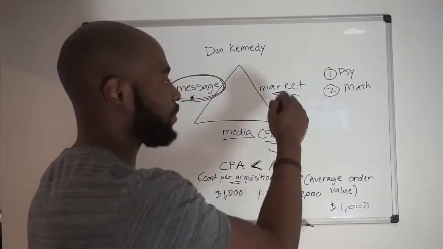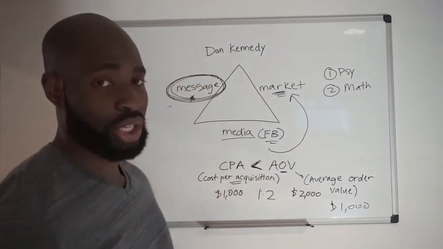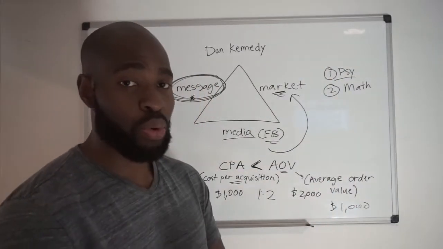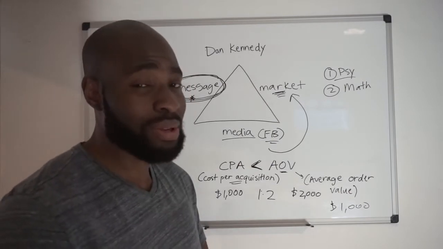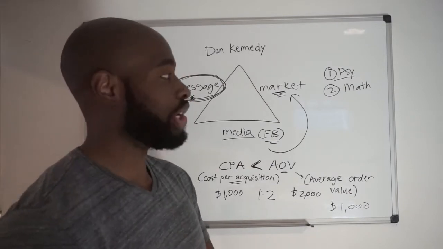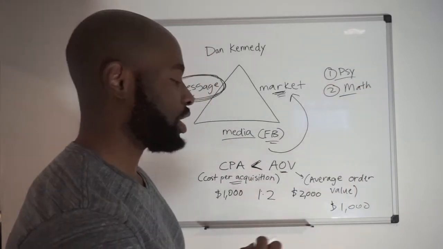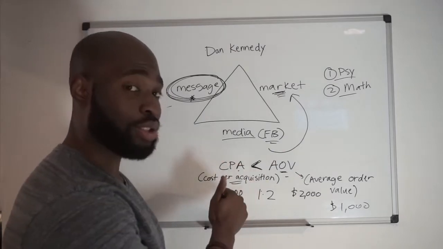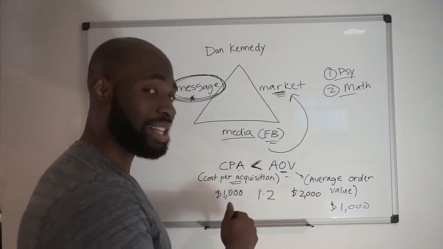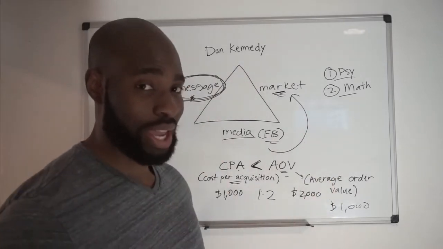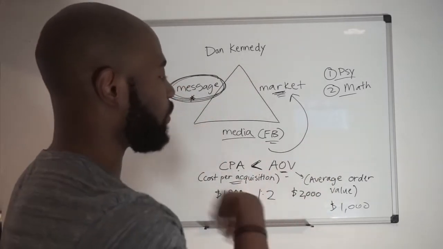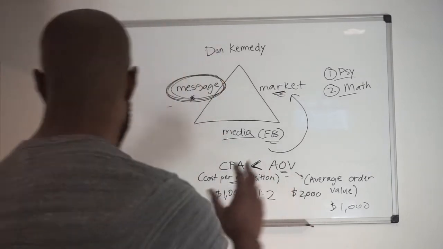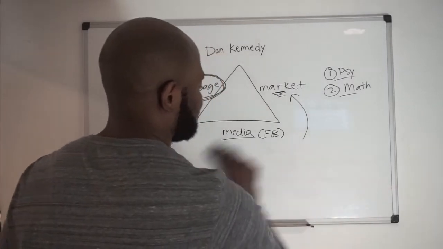So once we have those two down, the next thing is our messaging. There are two things that create our message, and that's the psychology: what do people want to buy and what motivates them to buy? Remember we talked about pain points versus hopes and dreams. And the easy math, which is making sure your CPA is less than your AOV. How much it costs you to get somebody is less than how much you make once you get them. And once you have this all figured out, you are on your way to creating profitable Facebook ads, guys. So to end this video real quick,